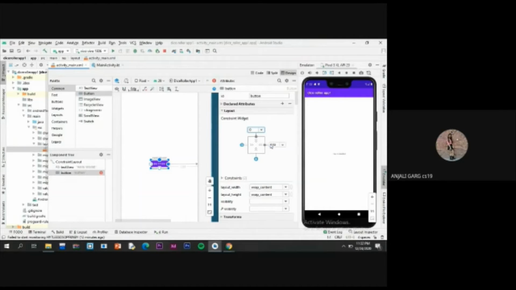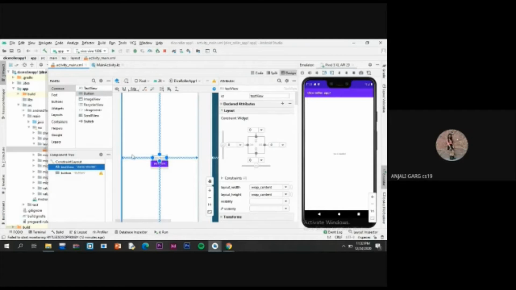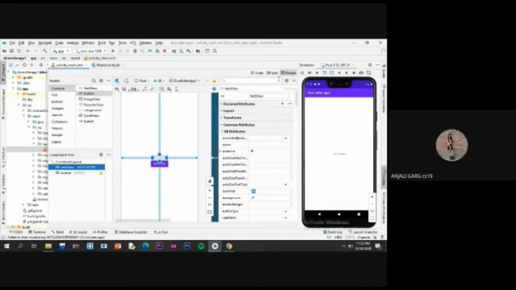So for that we have to do it 0 and this one also 0. Finally our button is exactly in the middle of our window. Now just come to the text view. In the text view, first we have to increase the text.